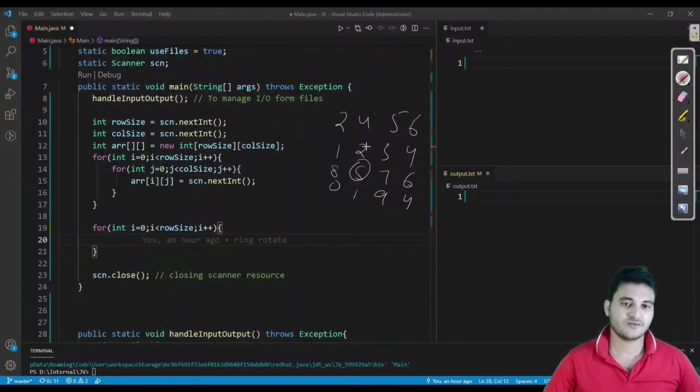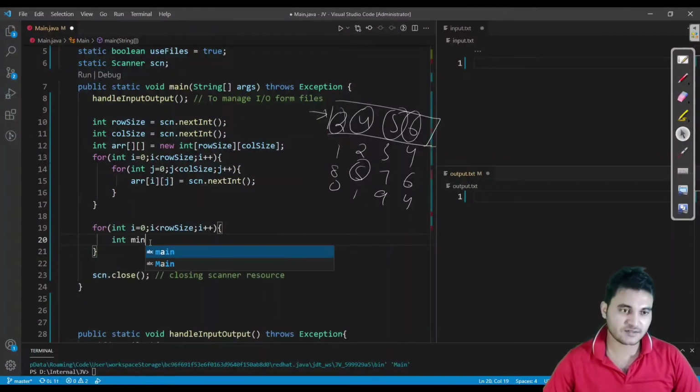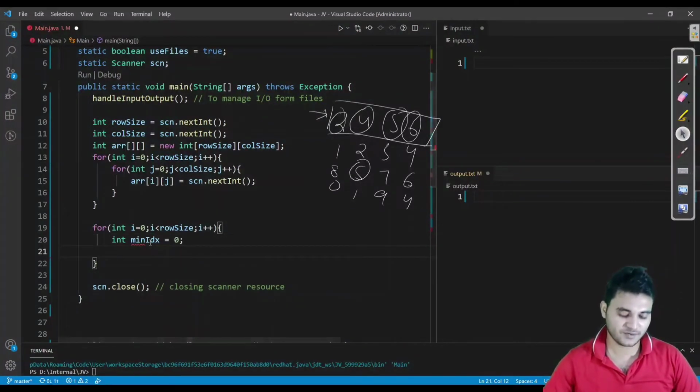Fine. So what we have to do, let us say we are here, we are iterating over this row. So we have to find the minimum index of the complete row across each column. Let us initially take the min index equal to 0 and we'll compare for each of the columns starting from j equal to 1, because we have already set 0 as the minimum index.